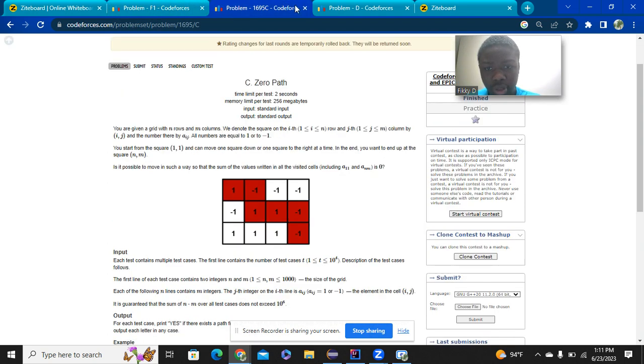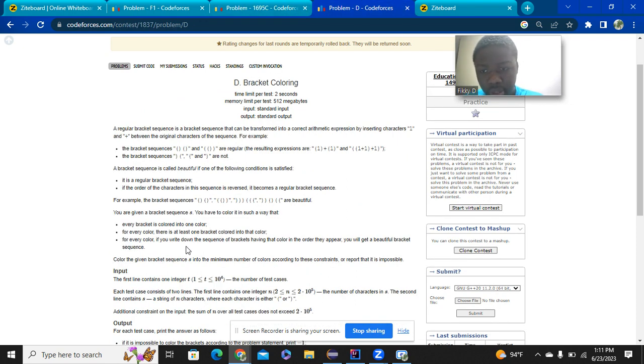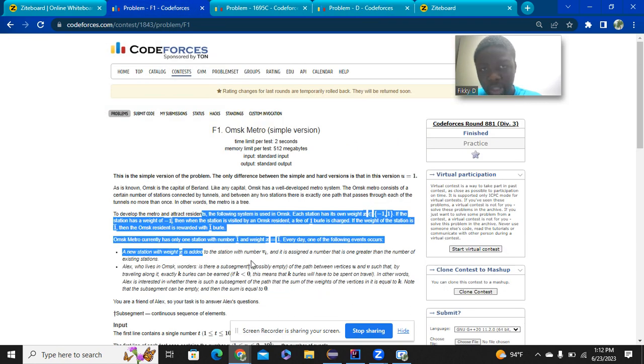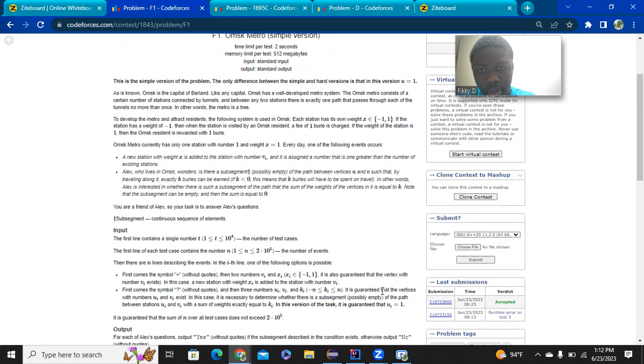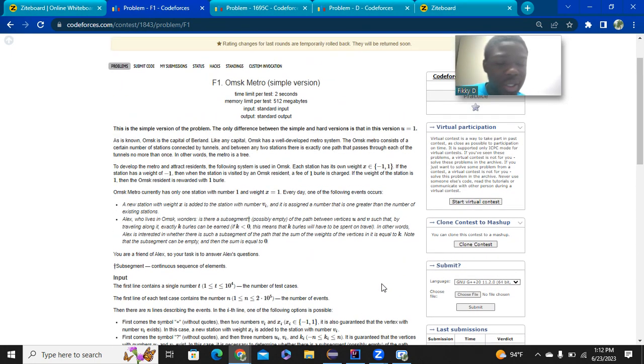This one's obviously easy to understand. This one, bracket coloring, and these ones might be annoying to understand, so try to read them carefully. And I will explain this question, but it really is just a bunch of details. The general idea is the most important when you're learning a problem, because no one's going to remember the nuances in a problem, obviously.